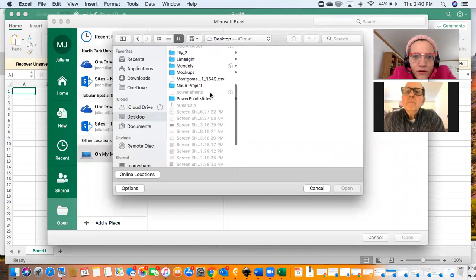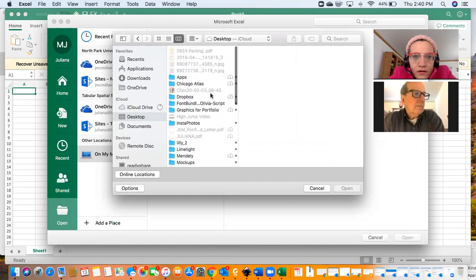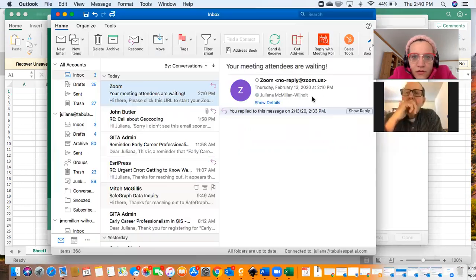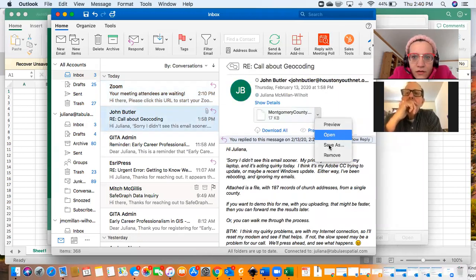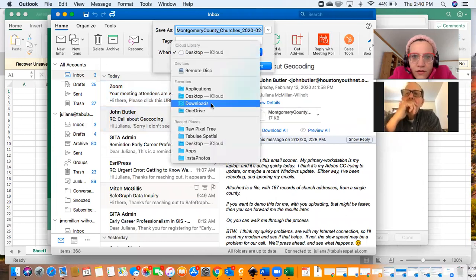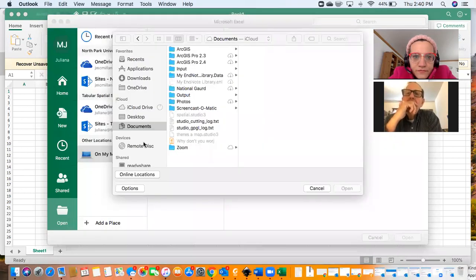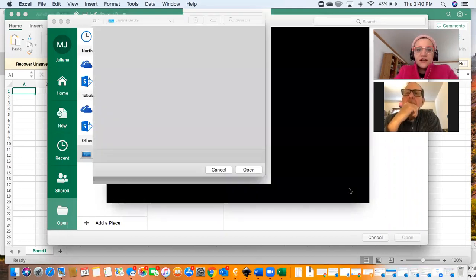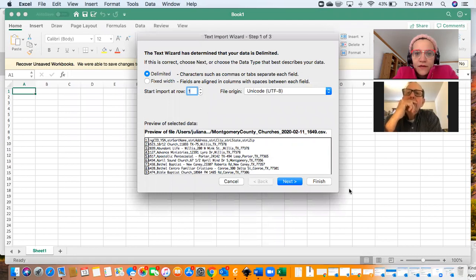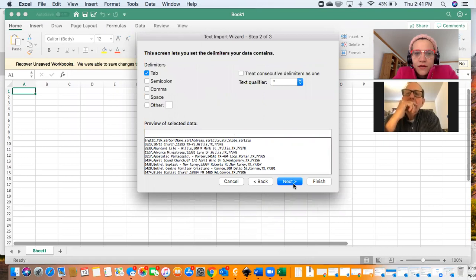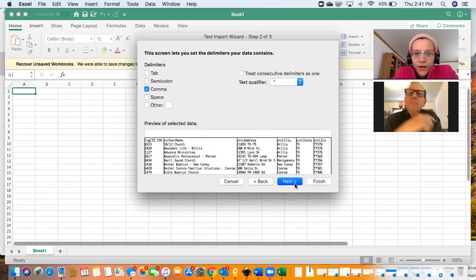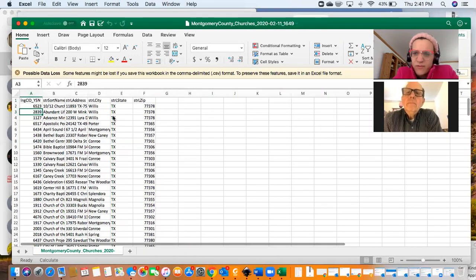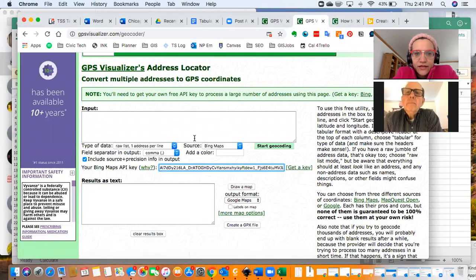Okay. There we go. So there's the Montgomery County churches. I'm opening that up. Essentially, there's probably a way more efficient way to do this. I just don't know, and that's in part because I don't know how to use a Mac. But what we will want to do is